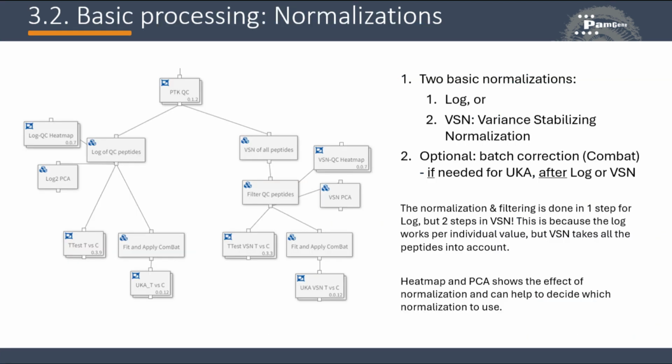Here is an overview of the normalizations in a workflow. We can choose from two basic normalizations, log and VSN. The workflows include both of them. As we have seen before, the log normalization is together in one step with the filtering for QC peptides. However, if we do VSN, the filtering for QC peptides is in the next step because VSN takes all peptides